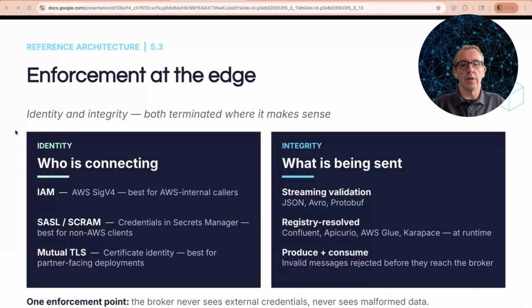We do ensure that we enforce these schemas on both produce and consume. And so invalid messages are rejected before they ever actually arrive at the broker behind the gateway. This is extremely helpful for making sure that we have the highest quality data inside the MSK clusters. They never see malformed data, but we are able to propagate the identity through the gateways to the MSK cluster so that we can continue to get a consistent sense of client identity that can be enforced for ACLs accurately. And also you get a consistent audit point for both identity and integrity.